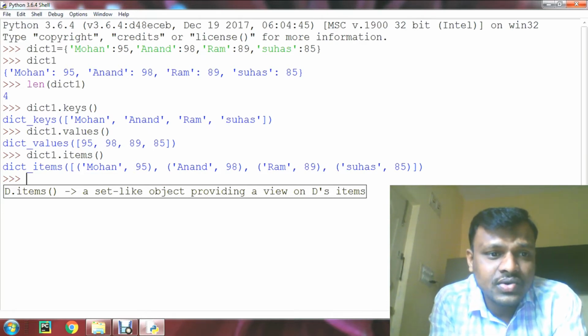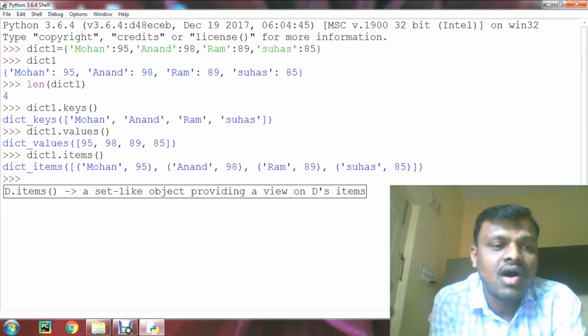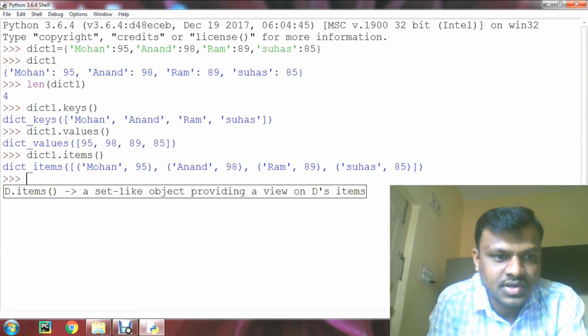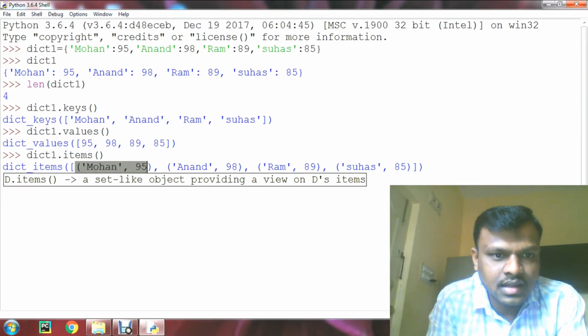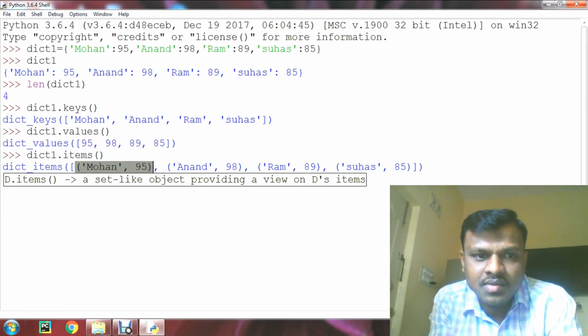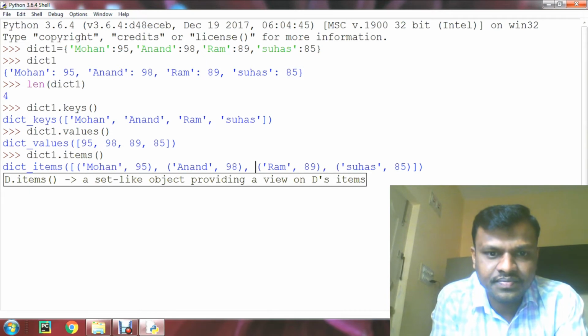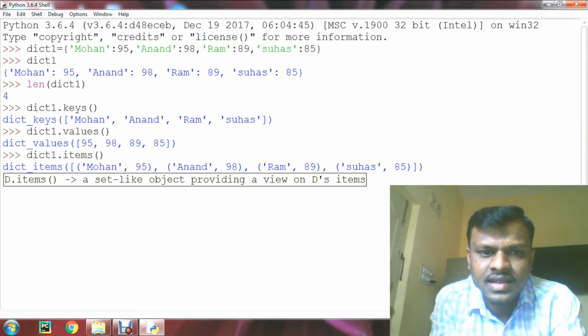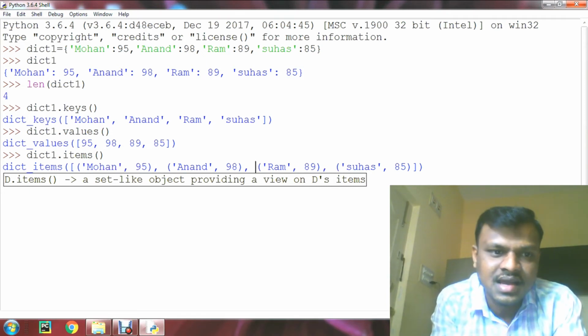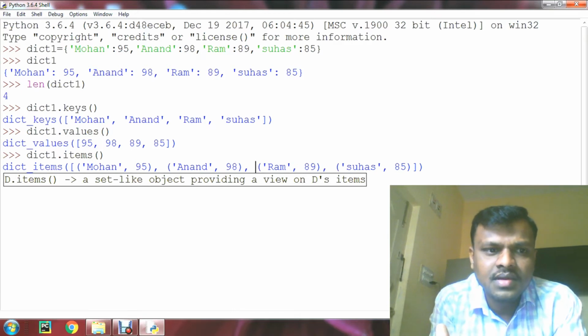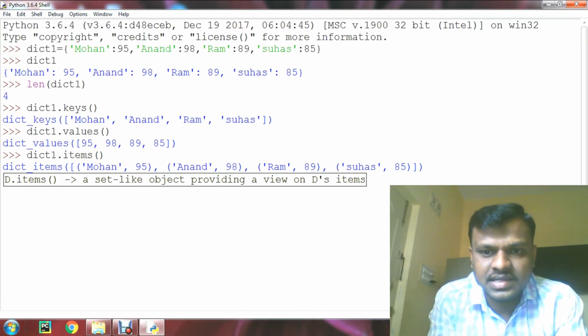It returns the items in the form of tuples. You can observe here that Mohan comma 95 is in the form of a tuple because it is in parentheses. Each and every key-value pair comes as a tuple.